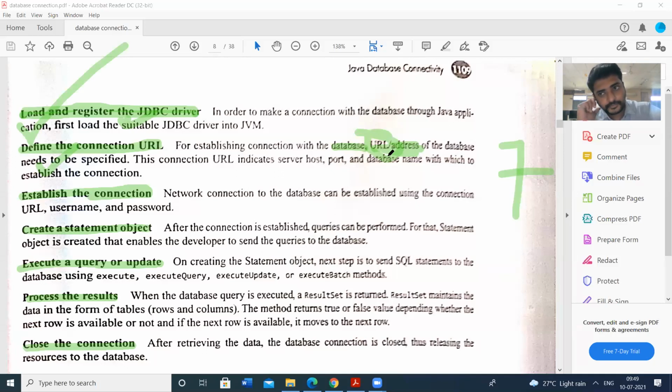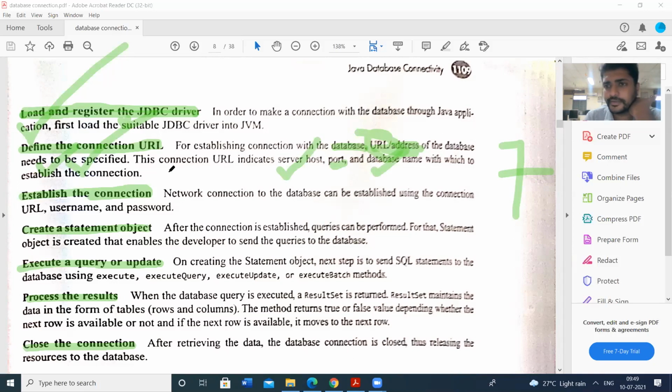That means the socket address, that is IP address plus port number: localhost:3306/student. That is the database address. So that URL we have to know. We have to define the connection URL. We have to know the server host ID, port ID, and the database name. That is the second step.